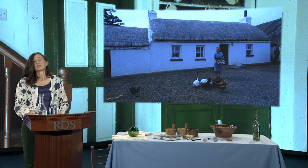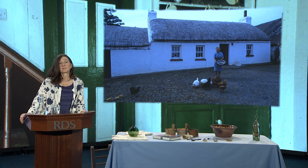So I'm going to look back at some of the photographs I took 30 years ago for this book and discuss some of the stories behind them, and some of the stories behind the recent work that I've done in the last 4 or 5 years, revising it and updating it. So I'll come to the first slide, which shows a photograph I took in